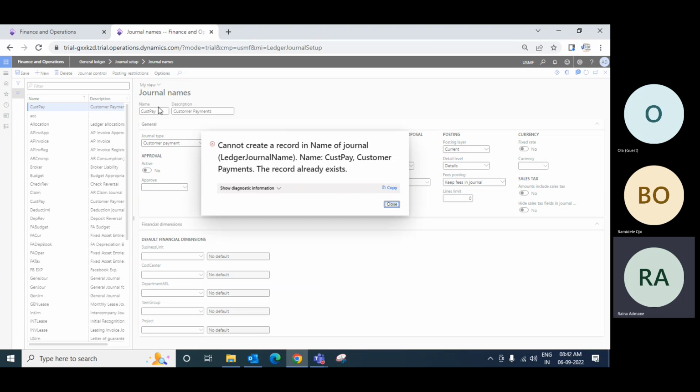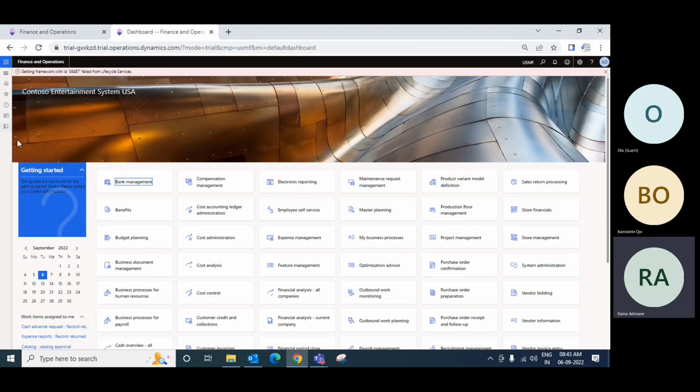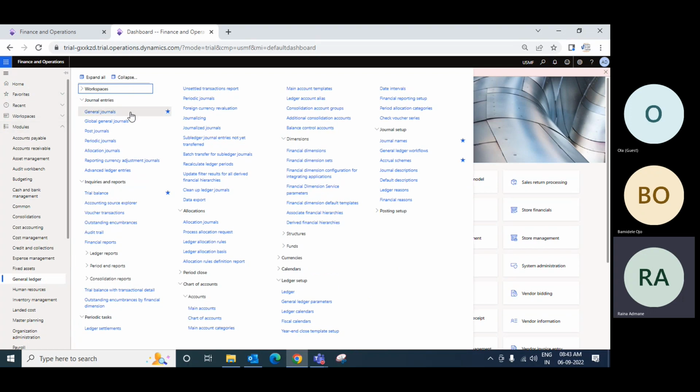So this name is already there. So I will say customer payment 2. We cannot have the same journal twice. At least this name should be unique. So now once you have created this,